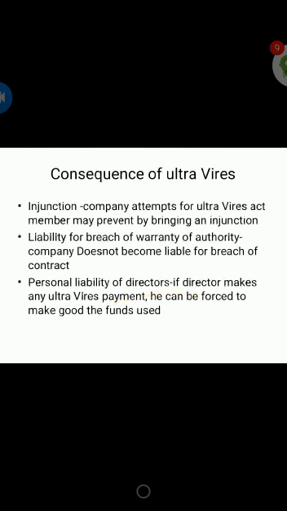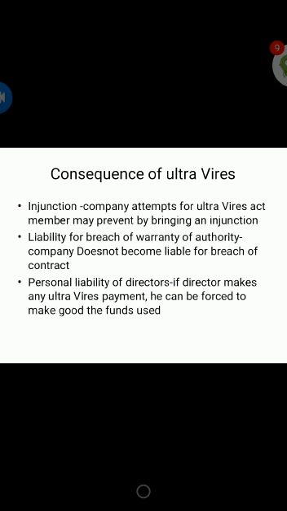The next is the consequences or effects of ultra vires. The first is injunction. It says that if a company attempts an ultra vires act, members may prevent it by bringing an injunction. So here, this means the company is formed, or we can say made, for definite